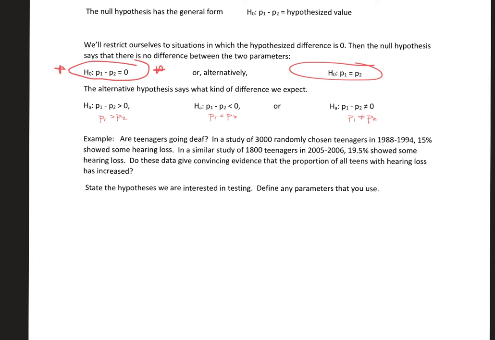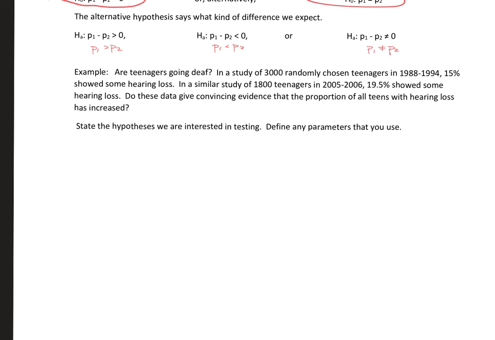So what we're going to do here is define parameters and set up some hypotheses, and nothing more than that. I told you you can define a single parameter, but since we're going to use P sub 1 and P sub 2, it's kind of hard to use numbers in this one, because you can't do P sub 88 to 94 and P sub 05 to 06. I guess you could, but it would be a lot to write over and over again. So I'm just going to use simply P sub 1 and also P sub 2. Let me define this one first so I leave myself enough room, and then we'll define P sub 2. So this is the true proportion